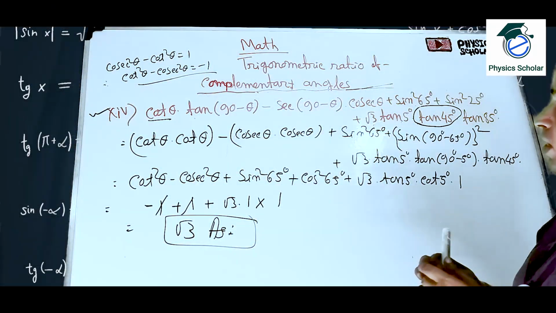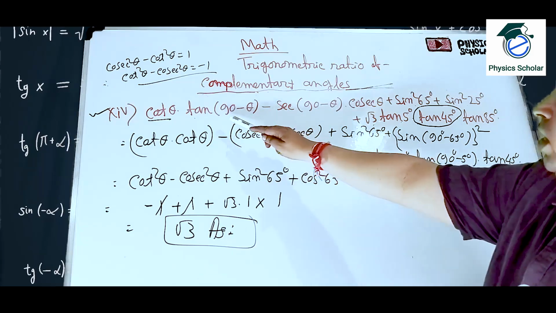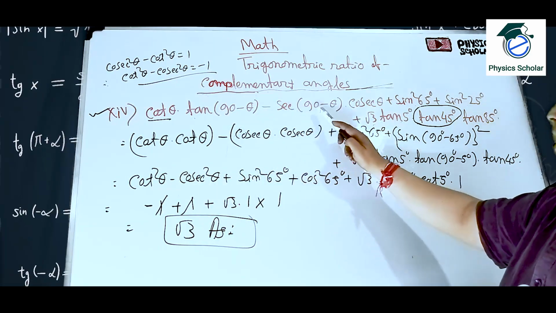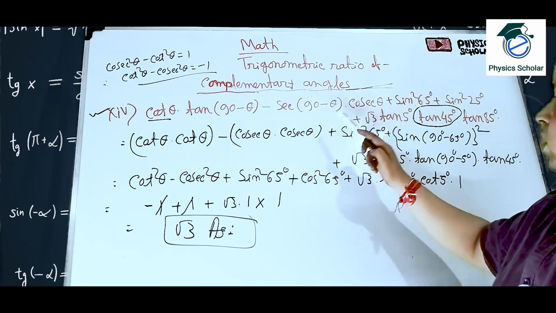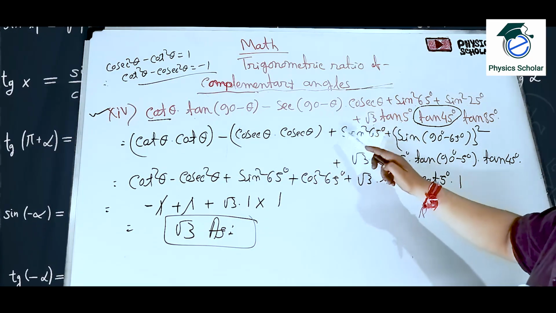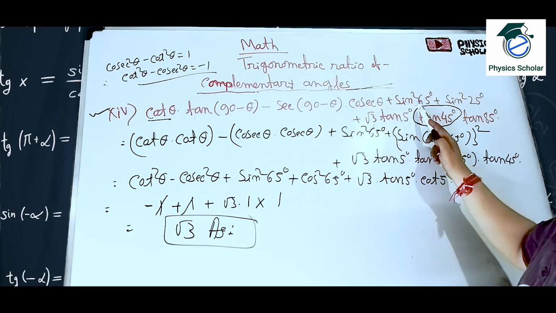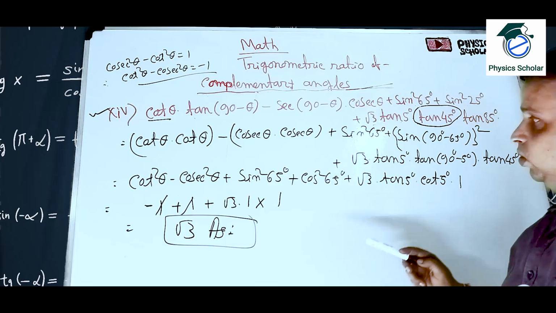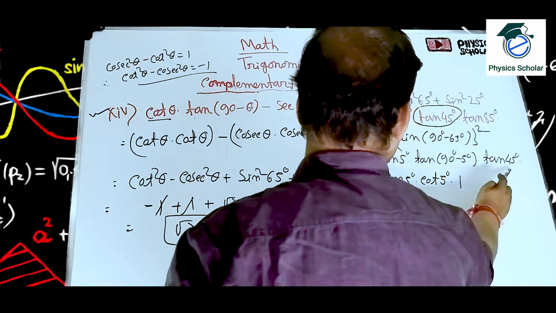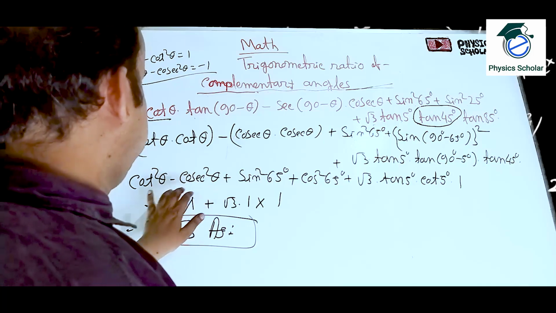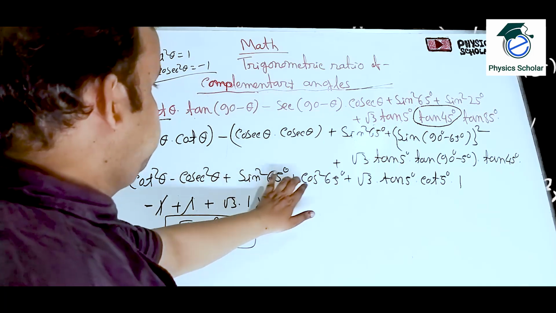So I am explaining once again. So cot theta into tan 90 minus theta means cot theta. So cot theta into cot theta means cot square theta, minus sec 90 minus theta means cosec theta into cosec theta means cosec square theta. Plus sin square 65 plus sin square 25 means sin 90 minus 65. Plus root 3 into these two are complementary. So it is coming cot square theta minus cosec square theta means minus 1, plus